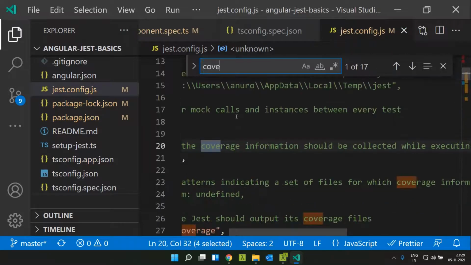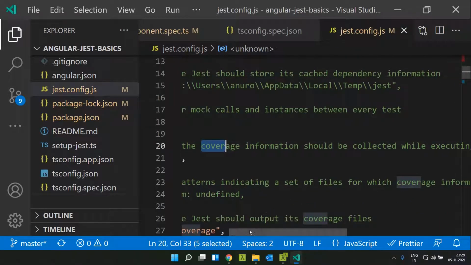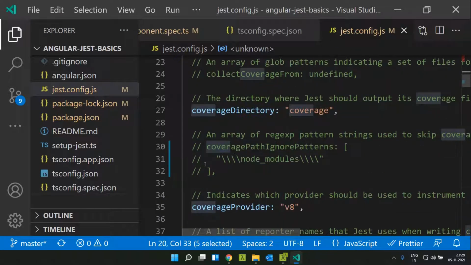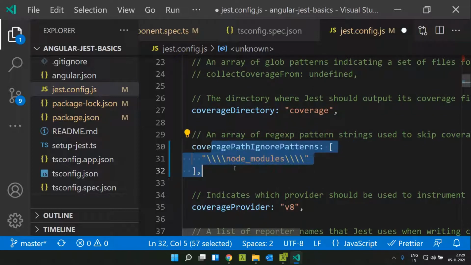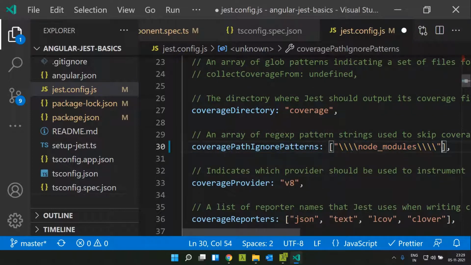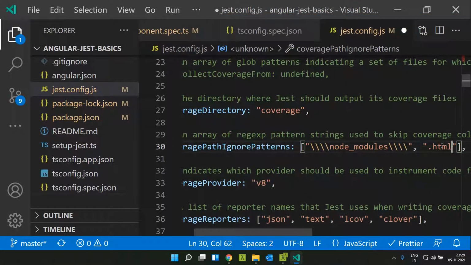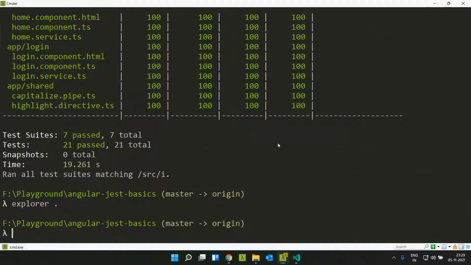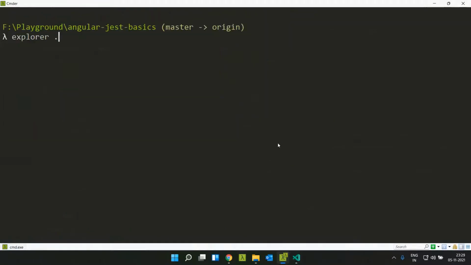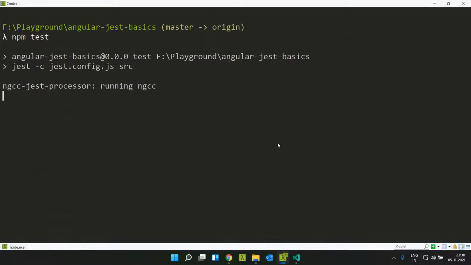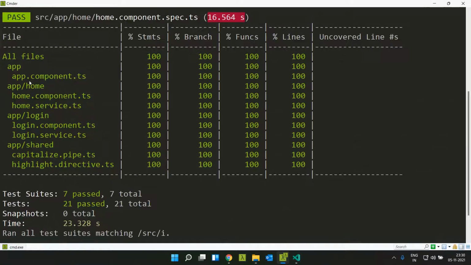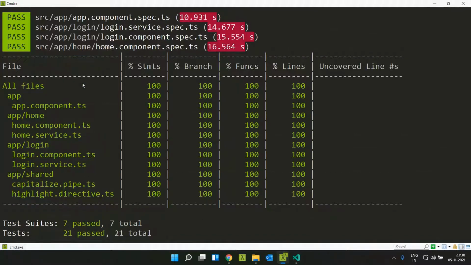We have something called coveragePathIgnorePatterns. Here we can give .html. This should take care of that. Now when we rerun the test, the HTMLs won't be included in the coverage report. Here you can see that the HTML files are excluded.